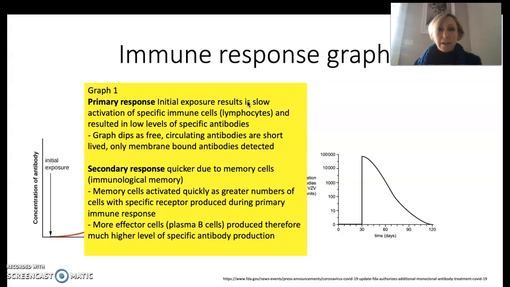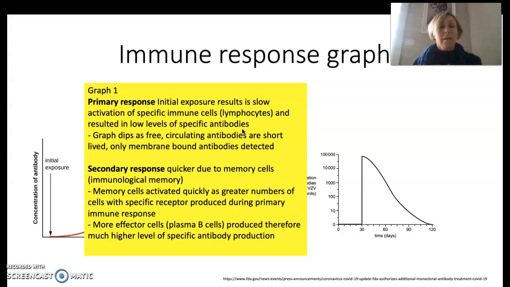That's because the lymphocytes are activated very, very slowly, remembering that there are very few lymphocytes with the specific antigen that will match the pathogen at first. So at this point, we've got no immunological memory. We've only got a few B and T lymphocytes that actually match the antigen presented. As a result of that, the production of antibodies is quite low as well, because you're only activating a few